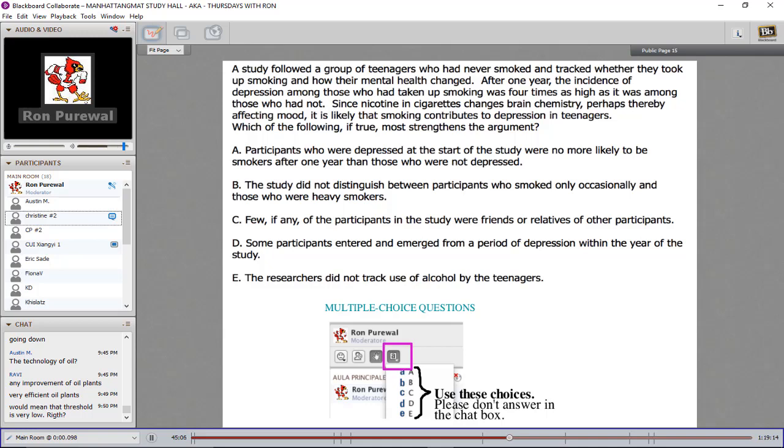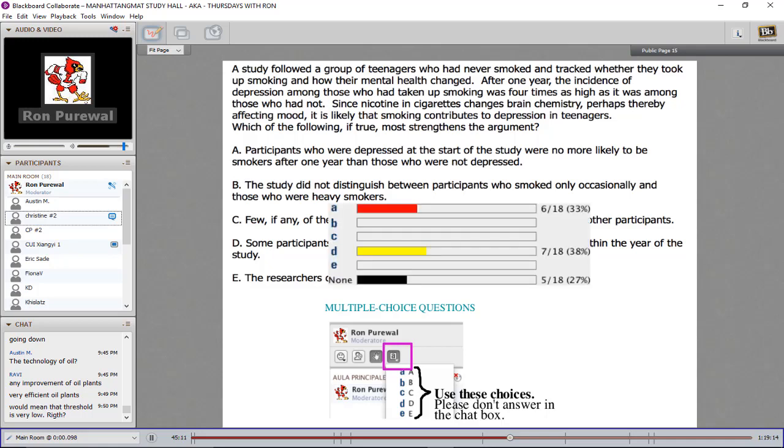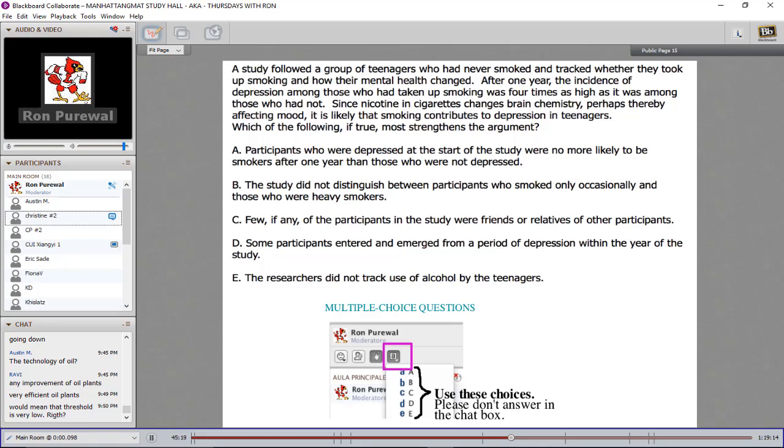Again, I don't usually show answer profiles, but this is sort of overwhelmingly interesting. Every time it's picking one of two choices. It means if you have to guess, you should probably guess one of those two. Let's take a look.